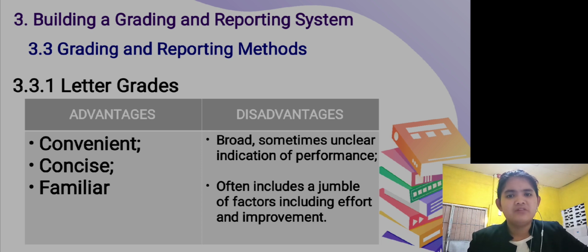To give more clarity to the meaning of letter grades, most schools include a key or legend in the reporting form in which each letter grade is paired with an explanatory word or phrase. Descriptors must be carefully chosen to avoid additional complications and